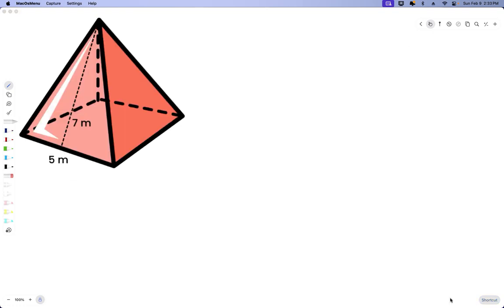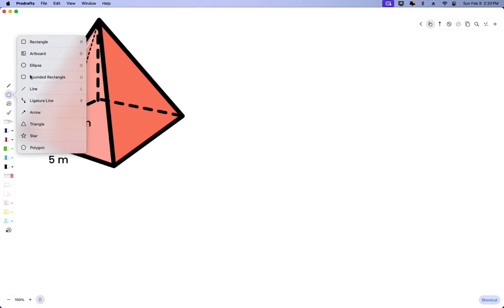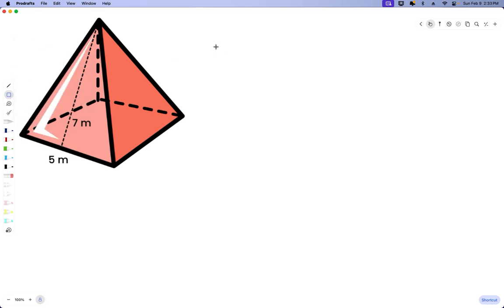Next problem. So this is the final problem, and it tells us to find the total surface area of the square pyramid below. So square pyramid means that the base is a square, right? So we have a square, and that's not what I'm looking for. Looking for this right here. We have a square here,